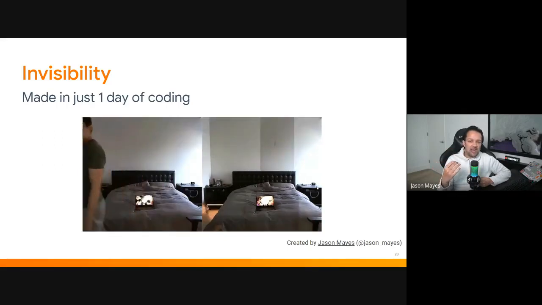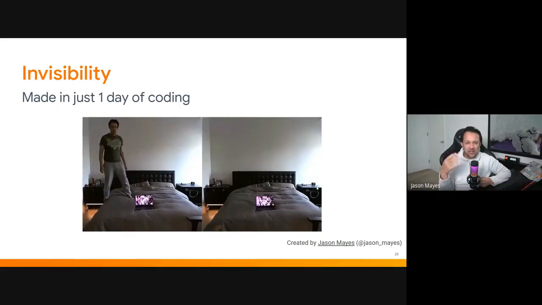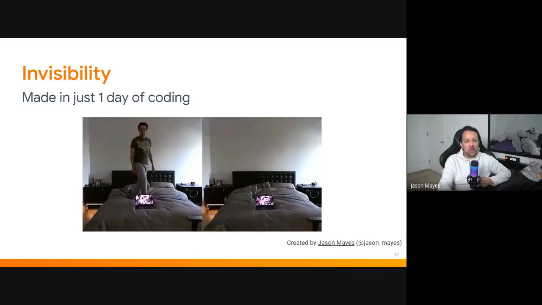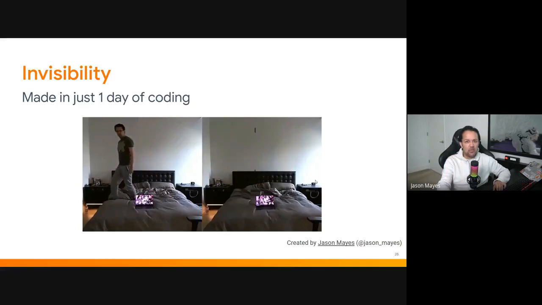And therefore, I can update the video pixels where my body isn't to keep those updating over time, and just remove the ones where my body is, and just use the last known good pixels for those areas to get this really cool effect. And this is available on GitHub for you to try live if you want. Just search my name and you'll find this invisibility cloak for you to try out in the browser.